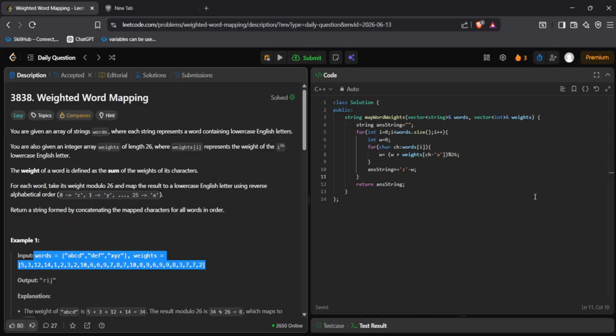Hello guys, today we are going to solve the LeetCode problem of the day, 13 June. The problem states: we are given an array of strings, words, where each string represents a word containing lowercase English letters, and we are given an integer array weight of length 26, where weight[i] represents the weight of the ith lowercase English letter. We need to find the weight of each word,